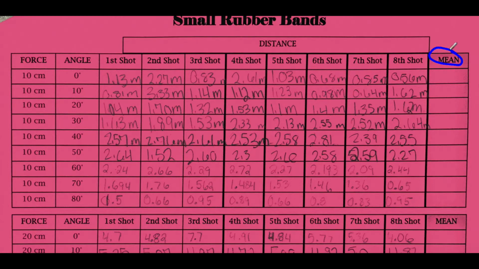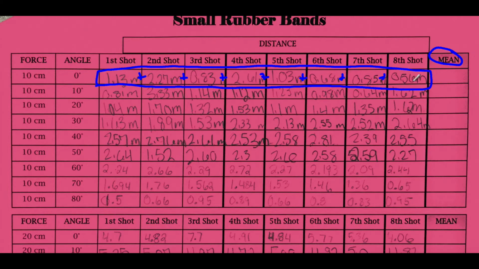Now you're going to find the mean. Remember to find the mean, you add up all of your values. So we're going to do all 8 of our trials. We're going to add them up. So in our calculator we would do 1.13 plus 2.27 plus 0.83 plus 2.61 plus 1.03 plus 0.68 plus 0.85 plus 0.56. That would give us